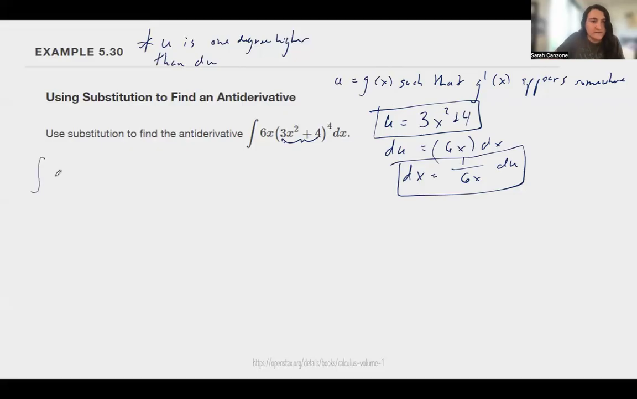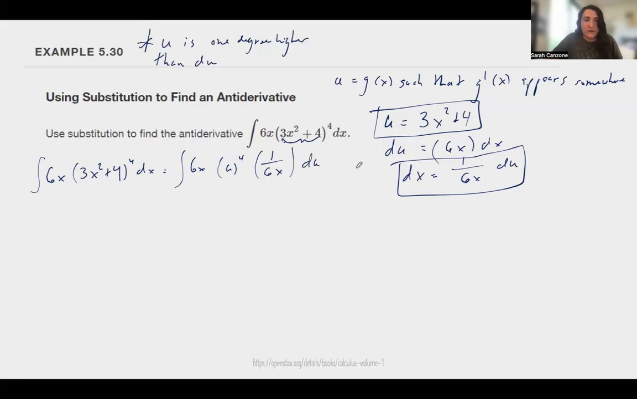And so what we're going to say is that the integral of 6x times 3x squared plus 4 to the fourth dx is also equal to the integral of 6x. Well, we said that 3x squared plus 4 was u, now to the fourth. But dx we have an equation for. So this is exactly why I solve for dx. Some people will leave it at this. I like solving for this because then it's just simply plugging in a value. Times 1 over 6x